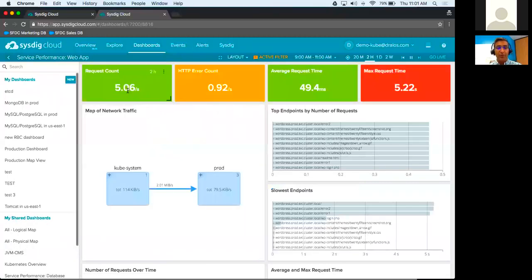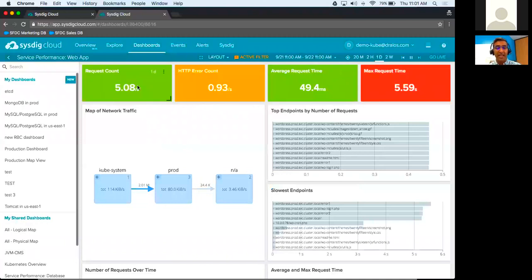Let me pull up this web app dashboard. Okay, so these represent an aggregation over the time period we're looking at. So for example, if I wanted to see the average value of request count over the day, that's what you're seeing right here. You could see max value, you could see minimum value, you could see the max value across a group of hosts or containers. You can do all of that. It's a great question.